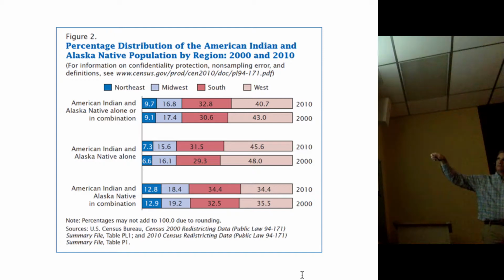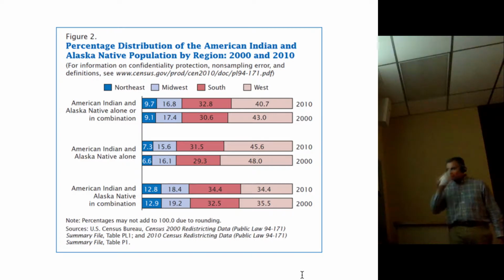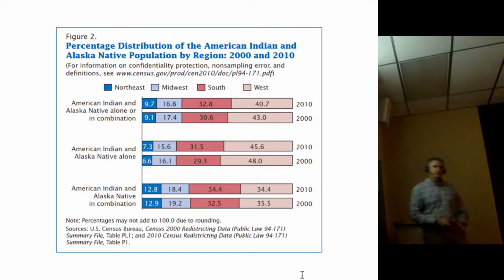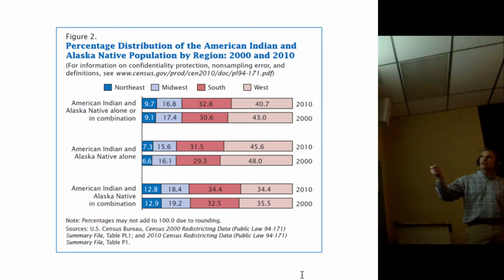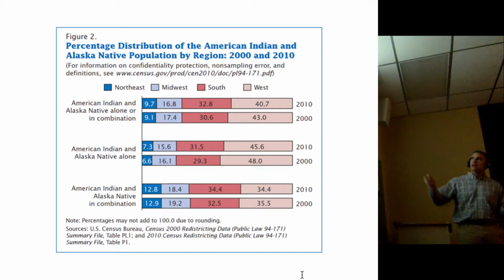Now, the South, what's going on there? I'm asking you to think like a bureaucrat now, sorry. Why does the South have so many Indians? Well, because the state of Oklahoma is considered by the census, its region is called West-South Central, so it lumps it in with the southern states. So if it weren't for Oklahoma, the American Indian population in the South would be pretty minuscule. It would be like the Northeast.